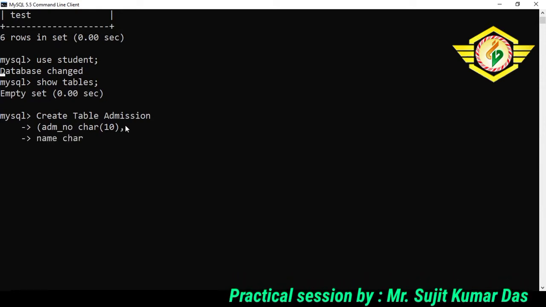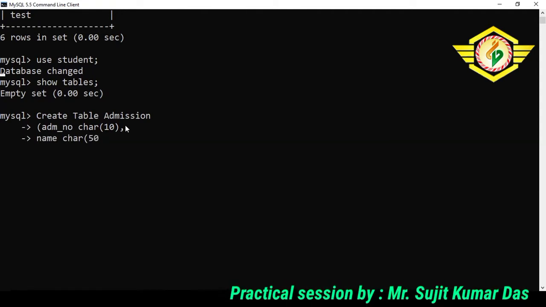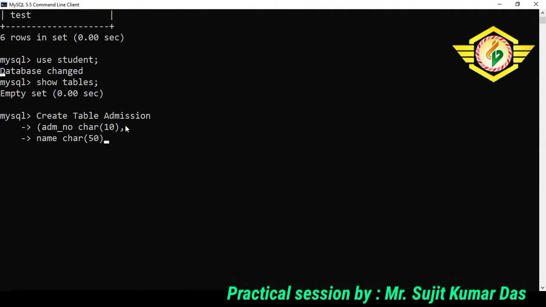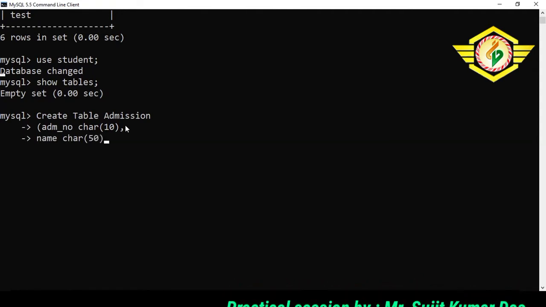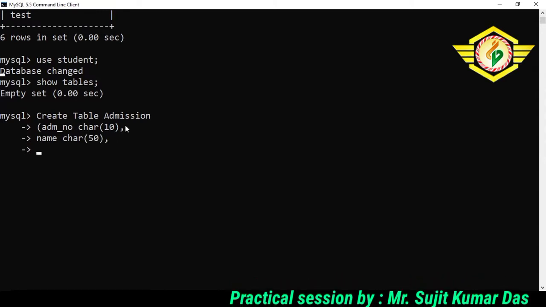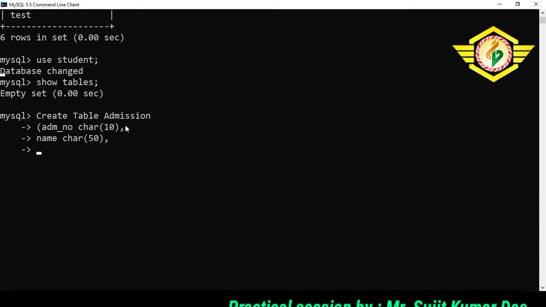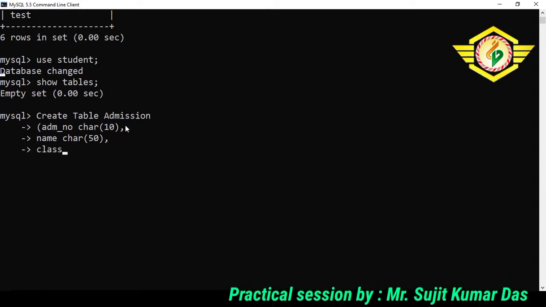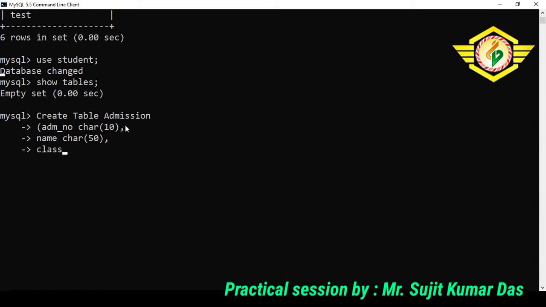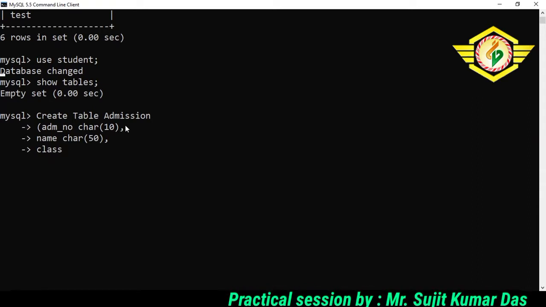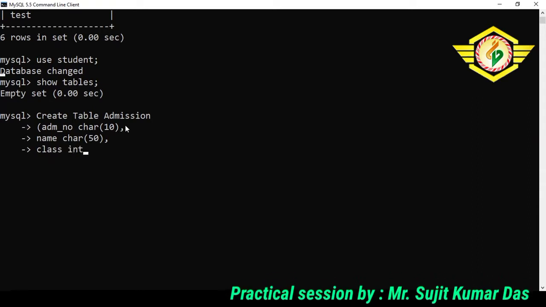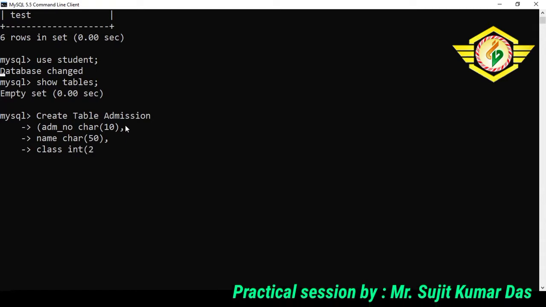That will also be a character field. Let us suppose it has a maximum size of 50 characters. Then the third, we will create class, that is of int. Let's give it int and size 2.